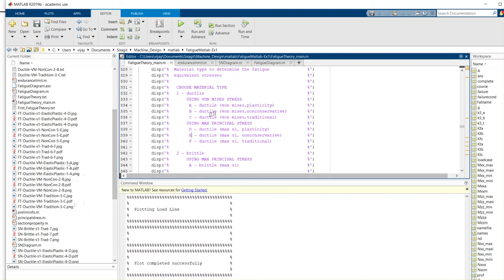Okay, so we're going to stick again with von Mises. That's what we're going to do. And we're going to stick with traditional. But you can go and show yourself that you will not be that off if you use S1 either. For brittle materials, that's what I like to do. So we run the code,